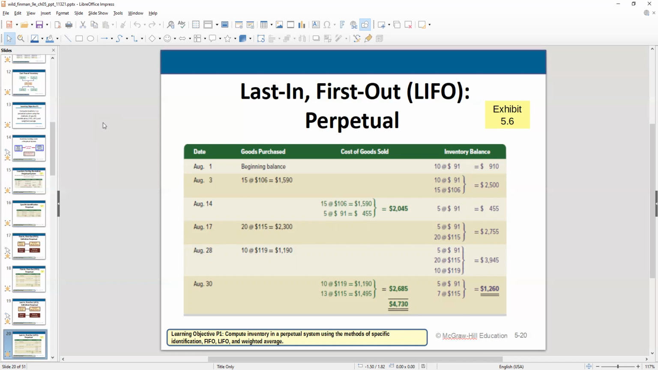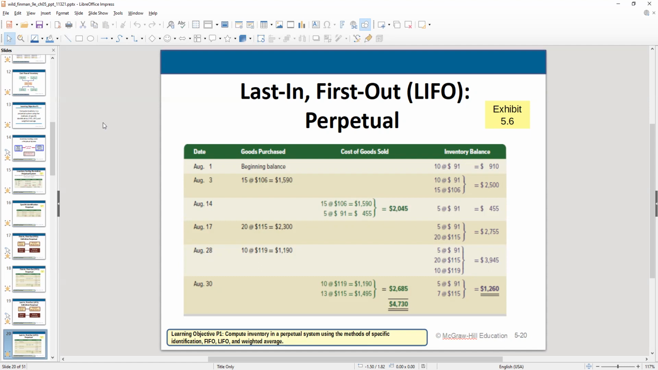Now our ending inventory is not 5 bikes at 106. It's 5 bikes at $91. And so we're going to carry that forward in inventory until our next sale. On August 17th, we bought 20 bikes at 115 again. And on August 28th, 10 at 119. So let's look at August 28th, where we have 5 bikes at 91, 20 at 115, 10 at 119 for a total of